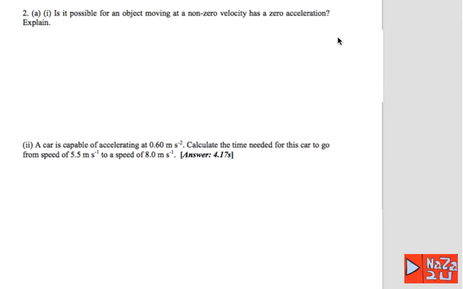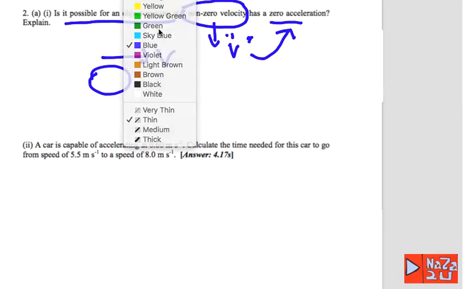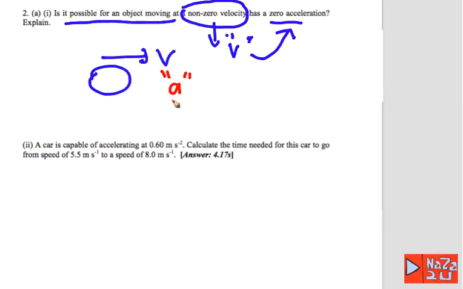Question number 2 here. It is possible for an object to move with non-zero velocity, so we have a value of the velocity but zero acceleration. Meaning you have an object with a velocity v, but the magnitude of the acceleration of the object is 0. The answer is yes. It happens when the velocity has